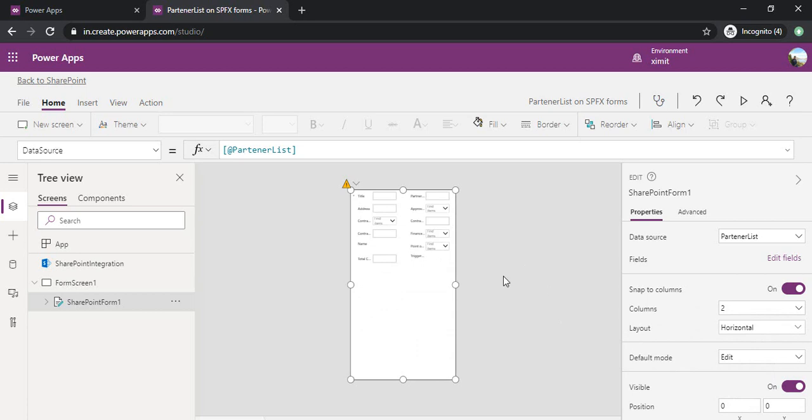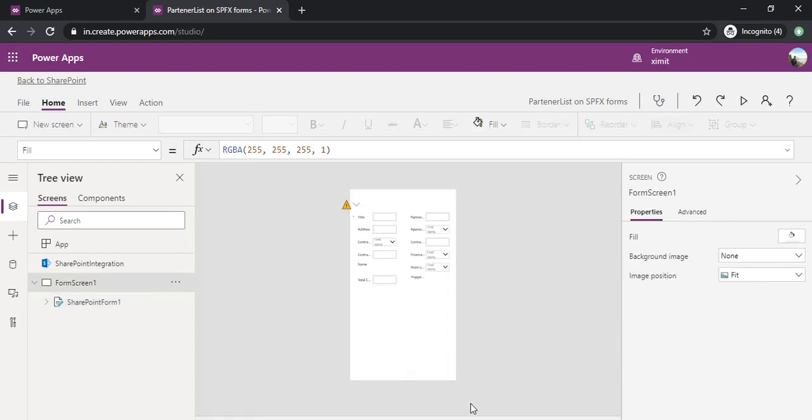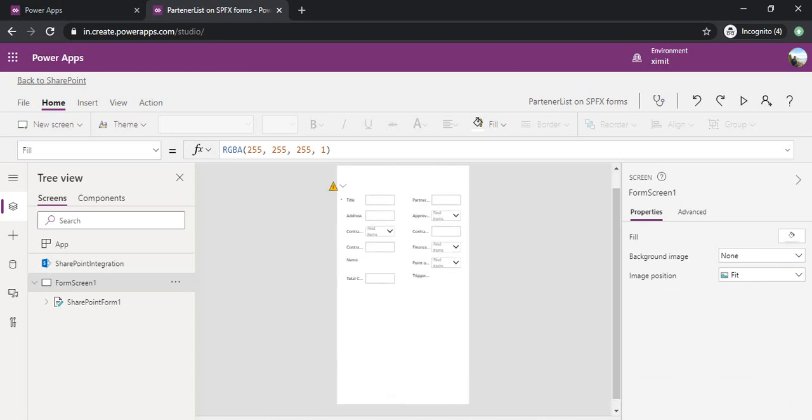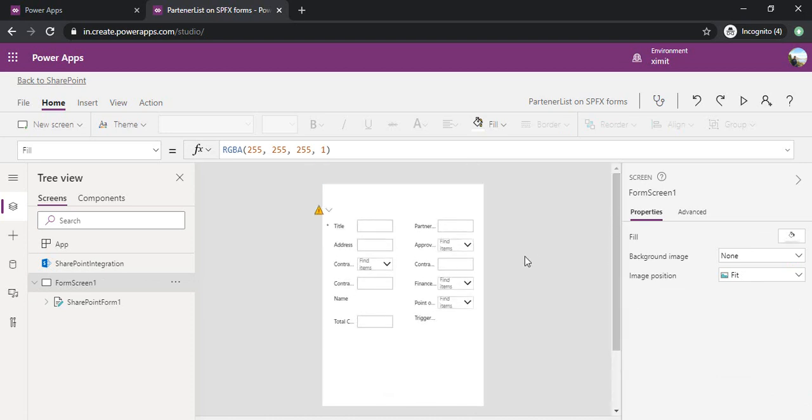Now, as I said, I'll be creating tabs in this form so that one tab can have a couple of fields and the other can have another set of fields. So I'll move this form a bit down so that I have space for the tabs, and I'll zoom out so that I can show you that properly. Now you can see I have that top space where I will be adding the header for this form as well as the tabs.